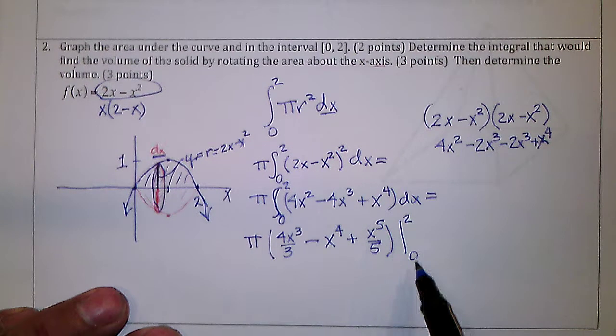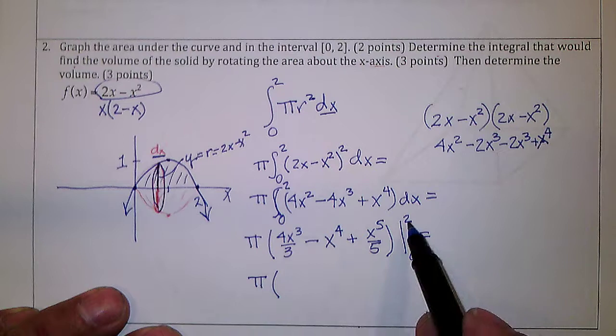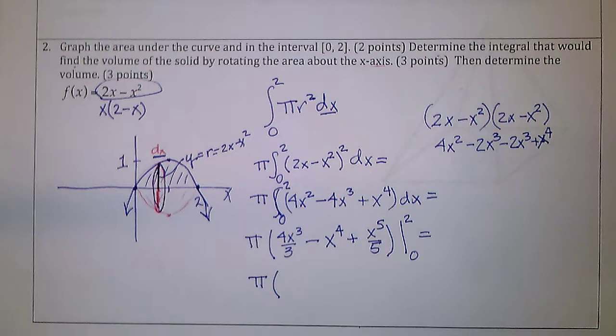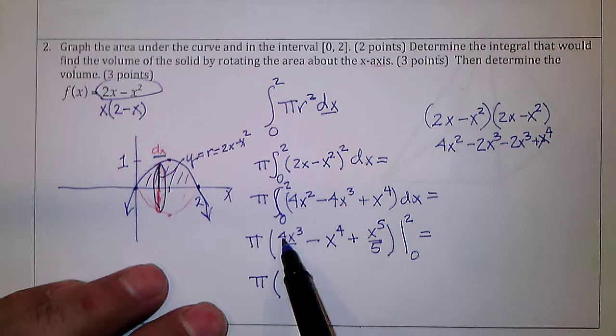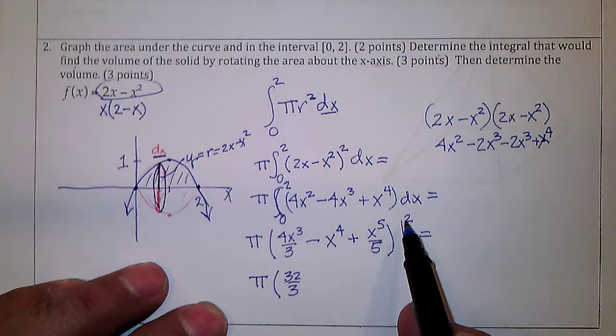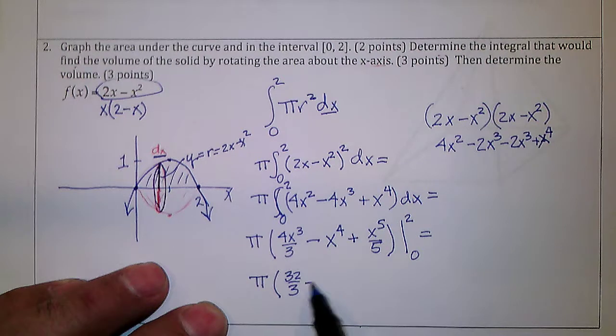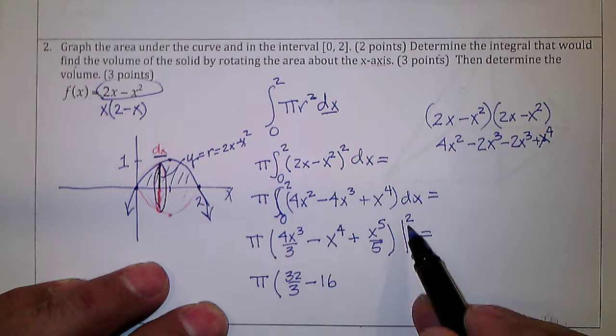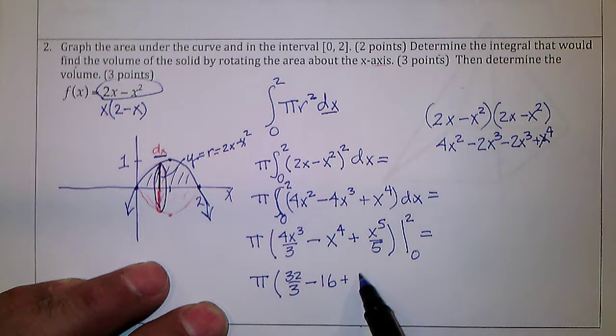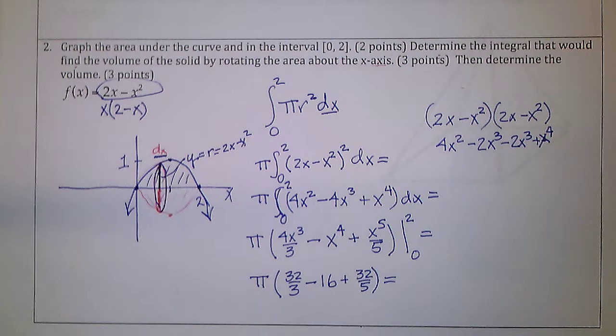Putting 0 in there is going to wipe all that out. So it's just going to be pi times: 2 to the third is 8 times 4, 32 thirds, minus 2 to the fourth is 16, plus 2 to the fifth is 32 fifths,